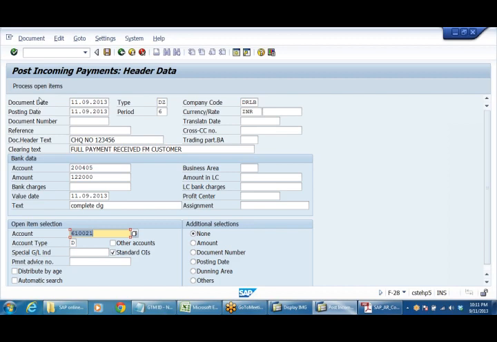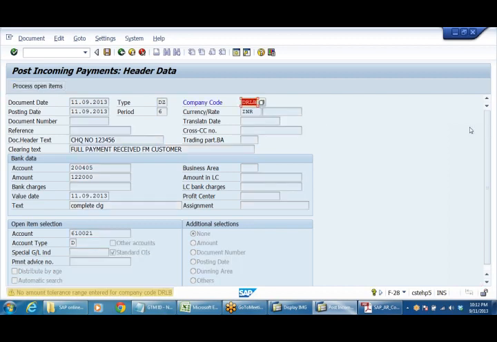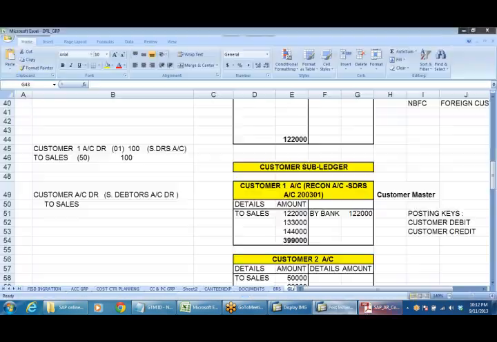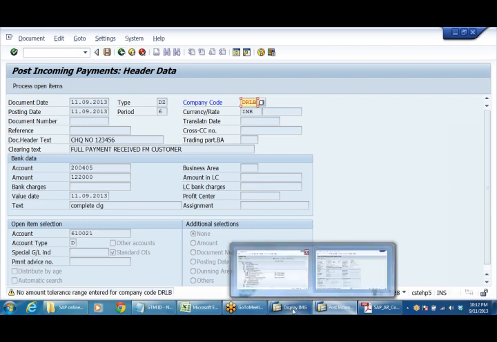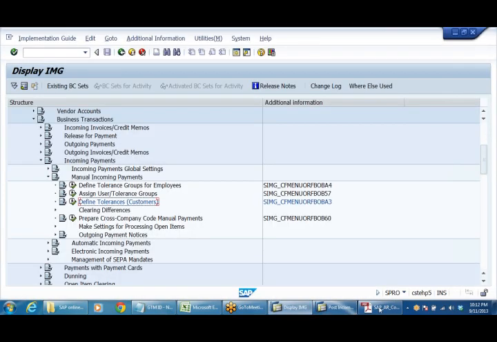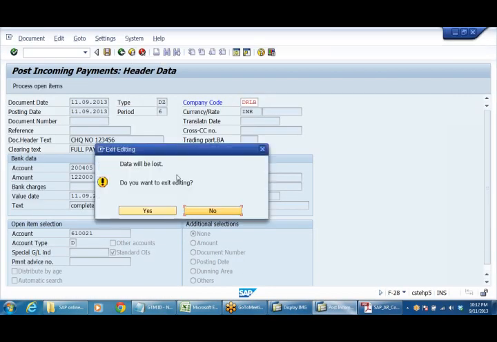Click on process open items. No tolerance amount, I'm sorry, because for the Sunday batch we have another tolerance. Anyhow, this will not function.